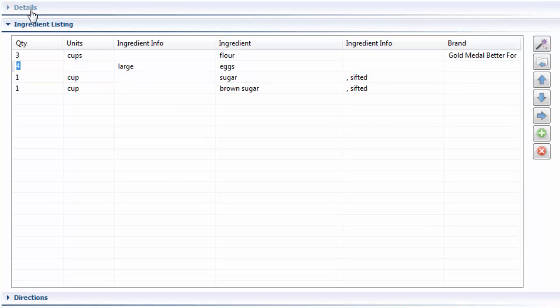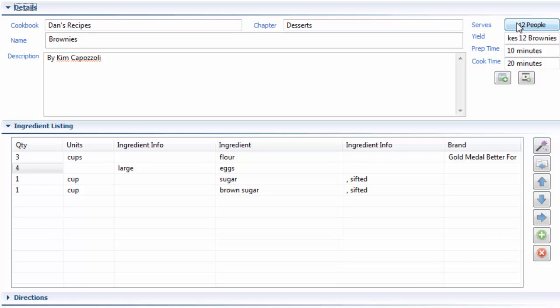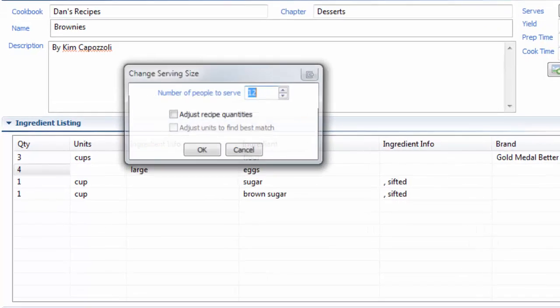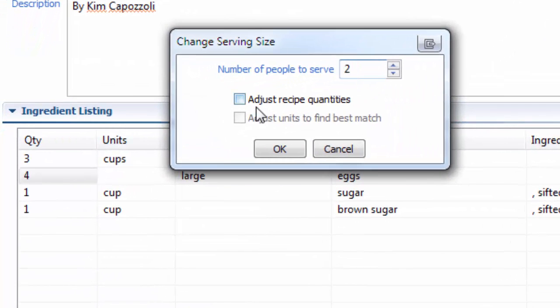So I'm going to expand the details section so I can see the serves button here. This serves 12 people, but let's say I have a small pan and there's just the 2 of us home and I don't want to make a whole huge batch of brownies. I can click this and I can say, no, I only want to serve 2 people, and I want you to go ahead and adjust the recipe quantities, that's this column, and also adjust the units right here to find the best match. And when I click OK,